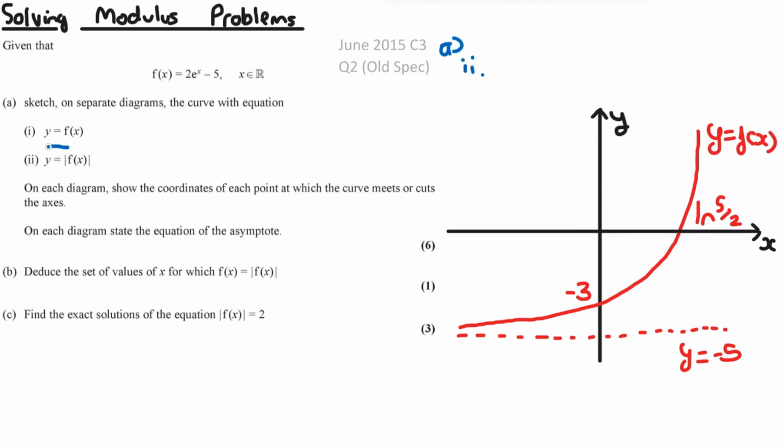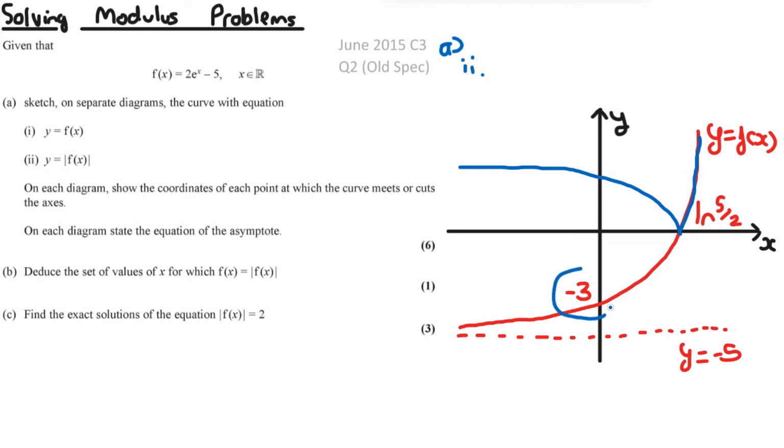And then for the second part, we need to sketch the graph of y is equal to the modulus of f of x. So recall back to the first video how this works. When we do the transformation, the modulus of f of x, it reflects anything that is under the x-axis in the x-axis, and it comes on the top. So this here is fine because this is on top of the x-axis, so this remains the same and is unaffected. But all of this here is reflected on top of the x-axis, so it's going to look like this here, like that,